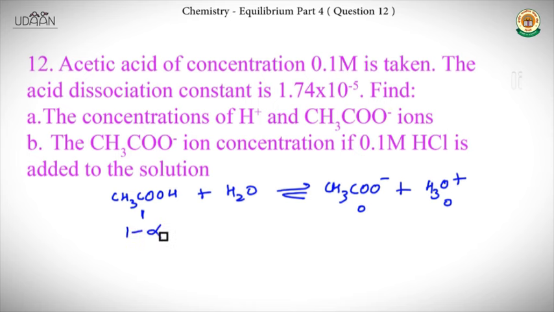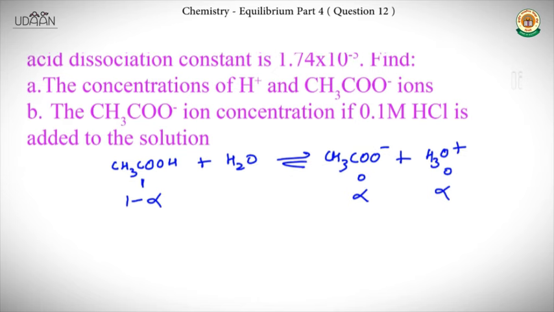So alpha moles of CH3COOH will be dissociated, and since the stoichiometric coefficients are 1, alpha moles each of these ions will be formed. We know the acid dissociation constant is 1.74 × 10⁻⁵, and in the first part I need to find the concentrations of H plus and